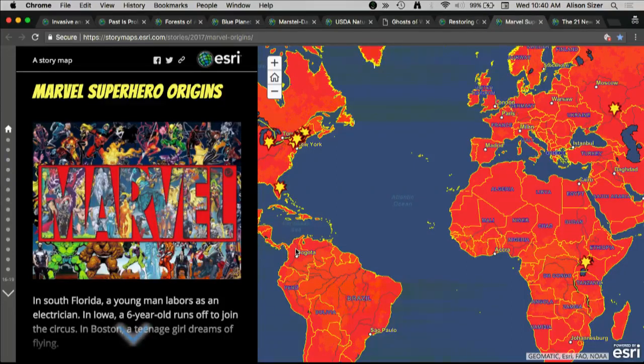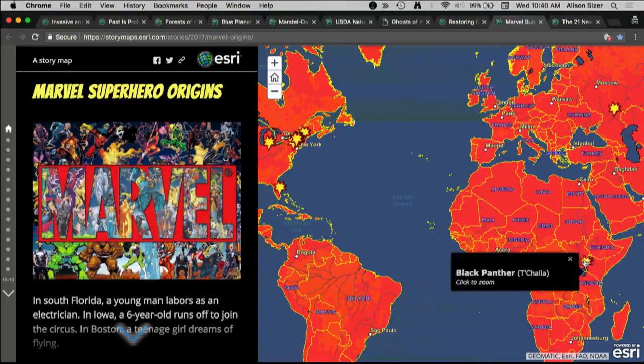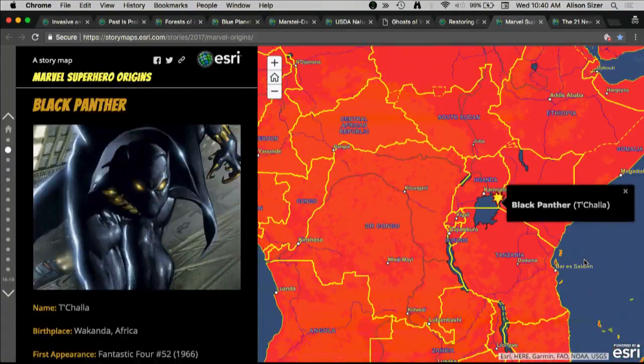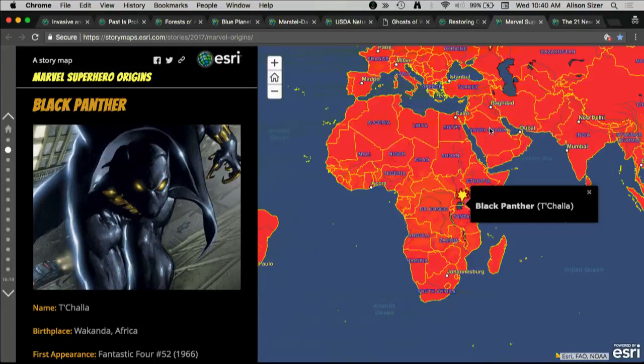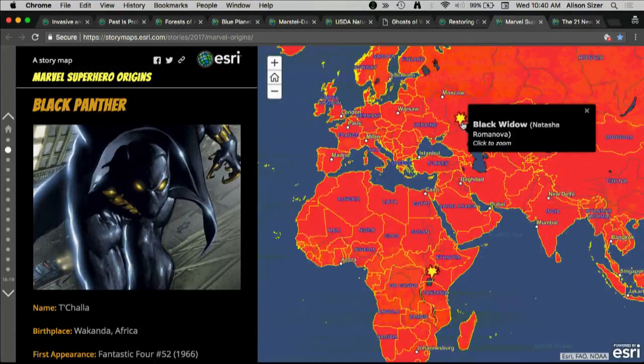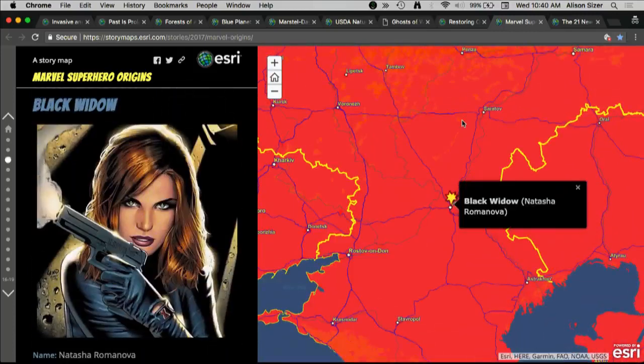And then these are 2 JavaScript examples. This is our Marvel superheroes. And when you click on one of these points, it'll zoom you into the point and it'll navigate you to the section. So each of these, where's my mouse? Each of these superheroes has a point of origin. And if you click on it, they also have a corresponding entry in the side panel, and it'll navigate the